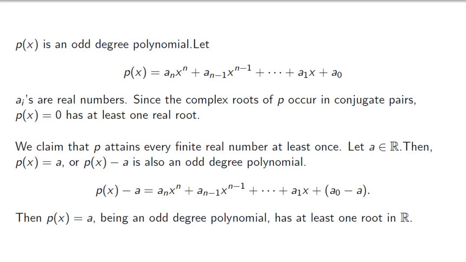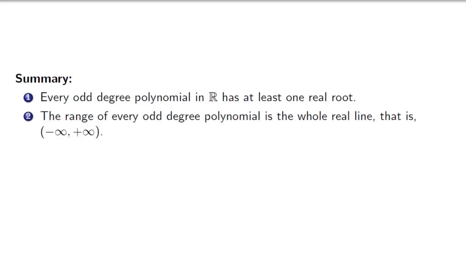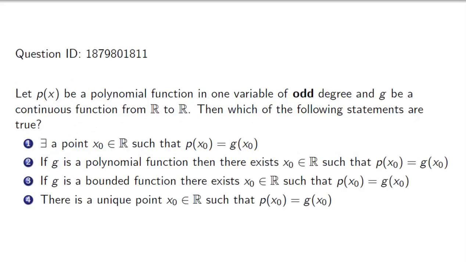So let us summarize whatever we have seen for an odd degree polynomial. First of all, every odd degree polynomial in R has at least one real root. Next, the range of every odd degree polynomial is the whole real line, or the open interval minus infinity to plus infinity. And lastly, every odd degree polynomial is unbounded, in the sense that it is both unbounded above and below. Now coming back to the question,